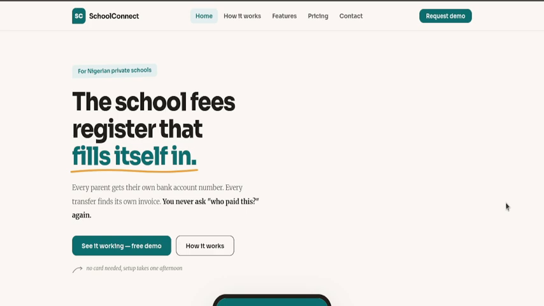You don't have to open your bank statement to be checking who paid or who did not pay. You don't even have to be opening up Excel sheets every day, calculating and drawing out who paid and who did not pay. No, that doesn't work like that. It's an automatic system.